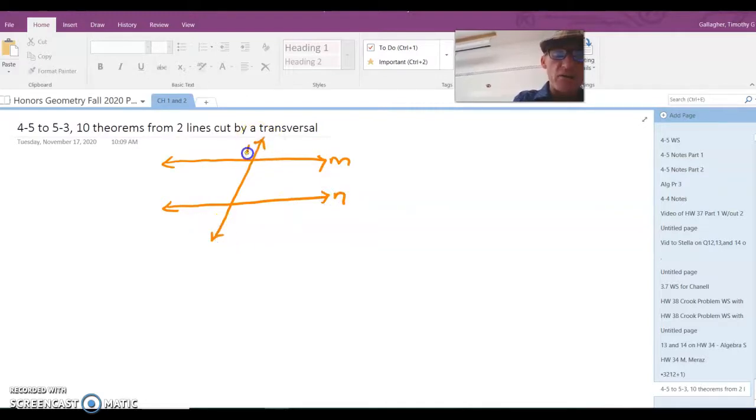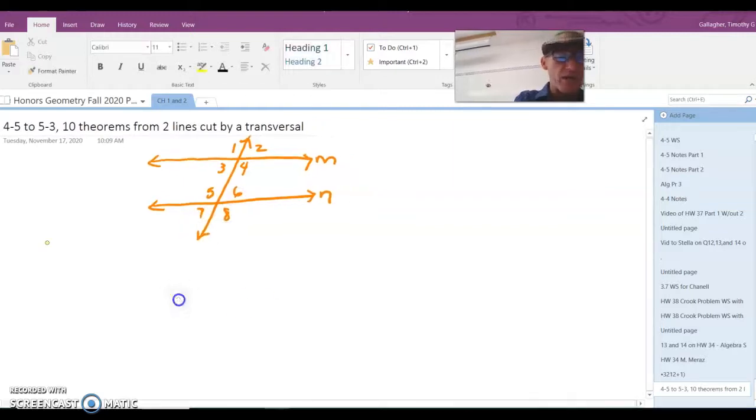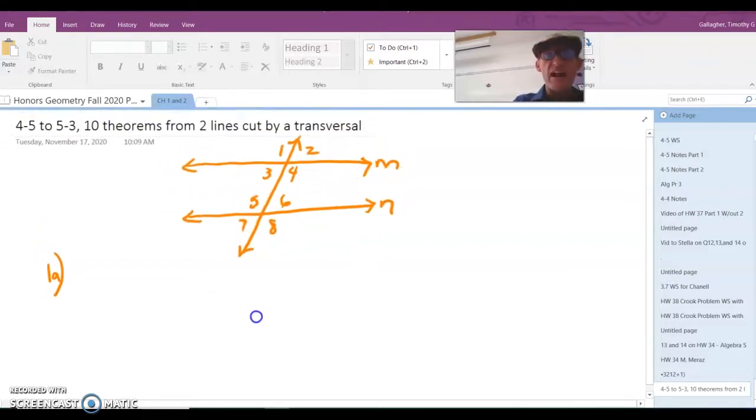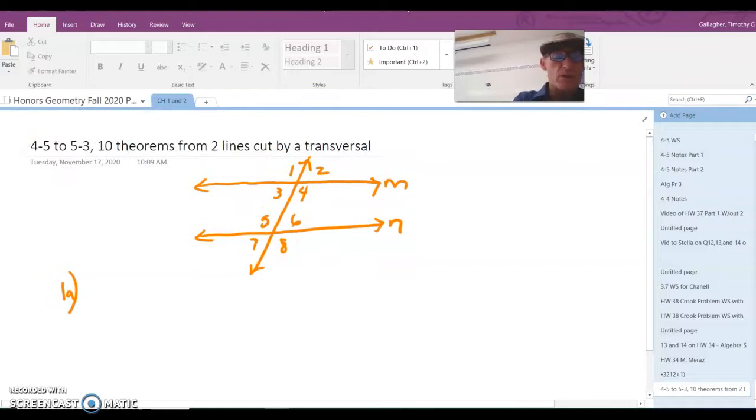And here's the 8 angles: 1, 2, 3, 4, 5, 6, 7, and 8. Okay, so 1A. Now there's 5 theorems, but each of them has a converse. Okay? So 1A says if parallel,